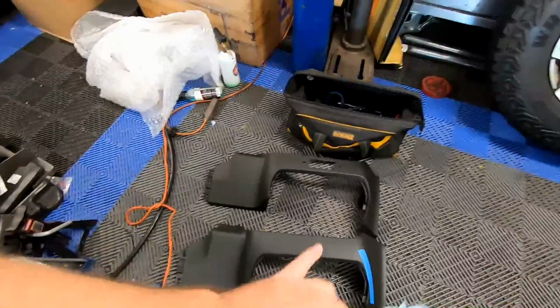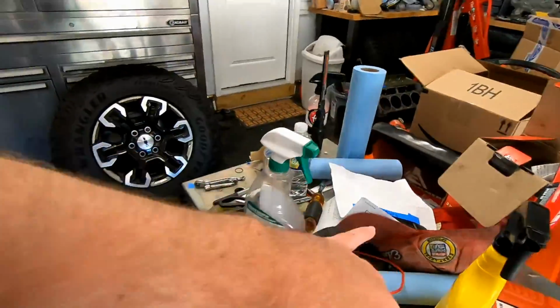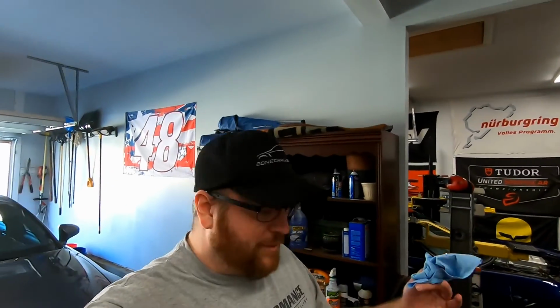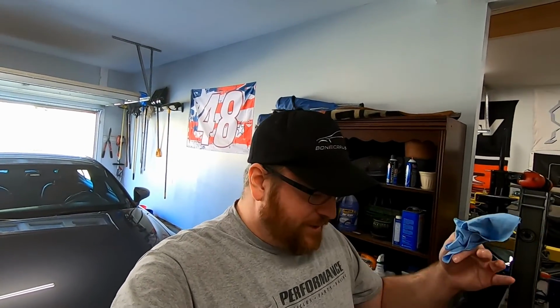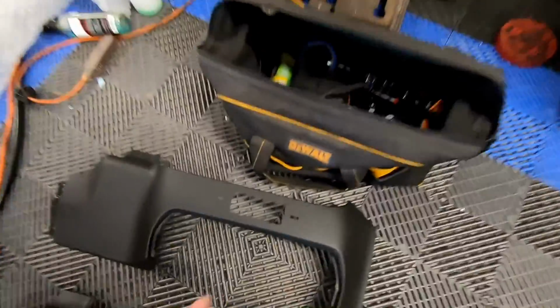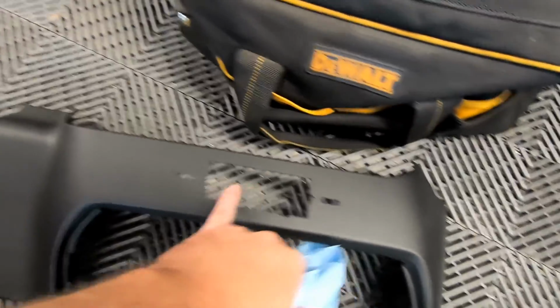Just take the OEM piece, cut a hole in it, grab the template off there, cut that hole out with a Dremel. Then I'll cut it kind of small, and then we'll just file it and make sure it gets nice and tight and where it's supposed to be. Because there are some locating pins. There's one here, there's one here, there's one here. We'll make sure those are correct, and then we'll just custom fit and file this plastic piece